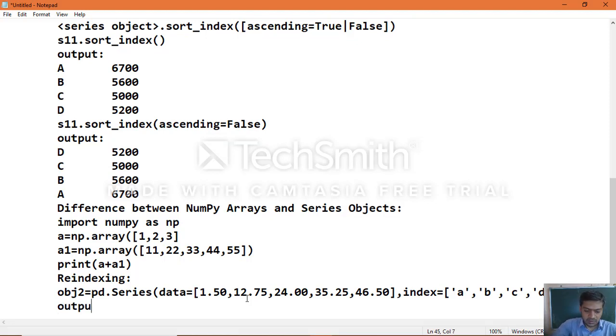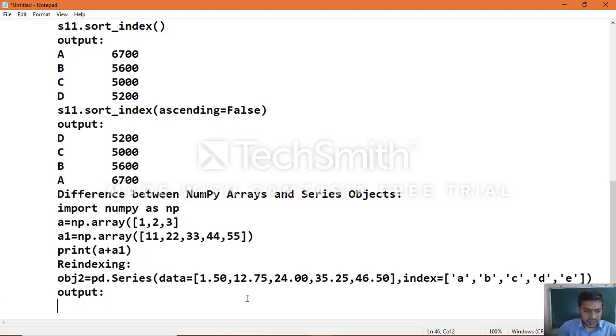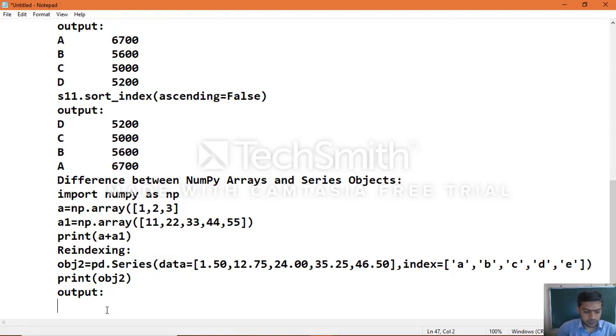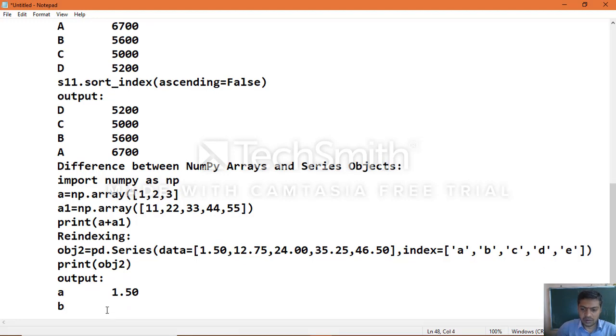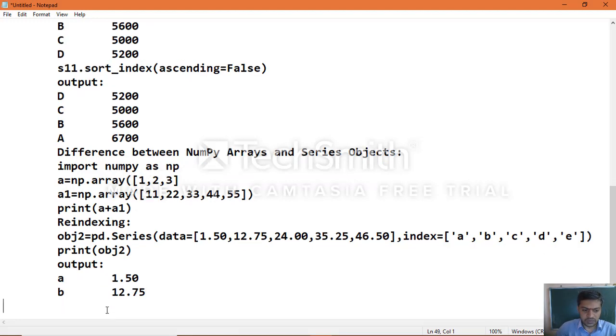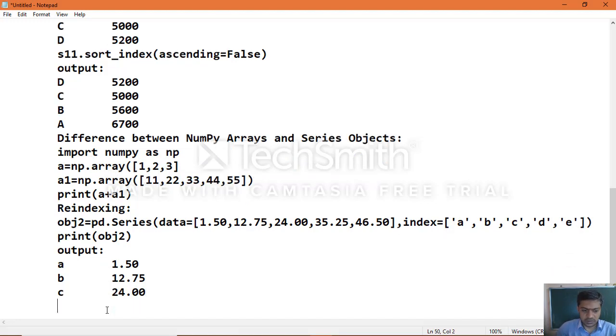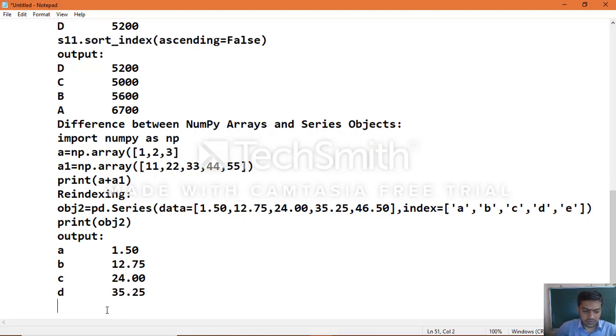The moment you print obj2, you will see the output: a 1.50, b 12.75, c 24.00, d 35.25, e 46.50.